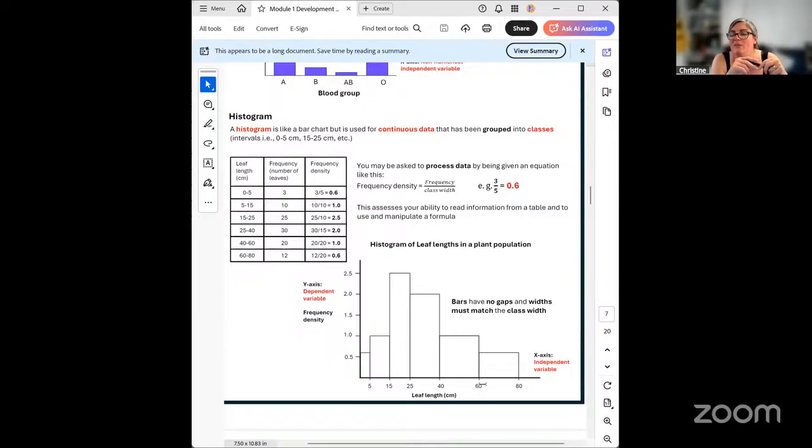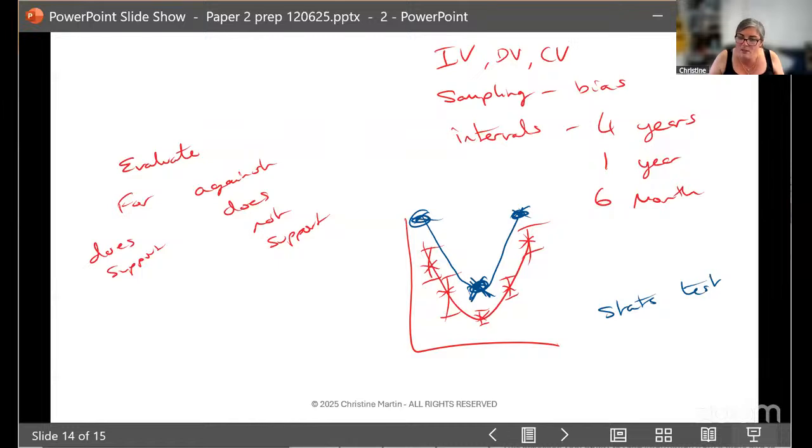It depends whatever they give you. So it depends whatever they've given you in the question. So let me show you one which was in a paper. I want to say it was the 20...